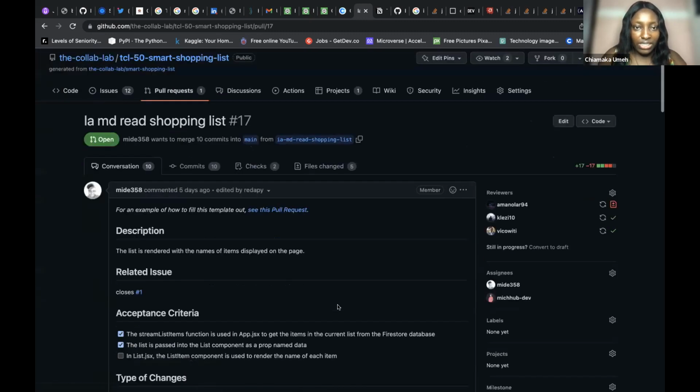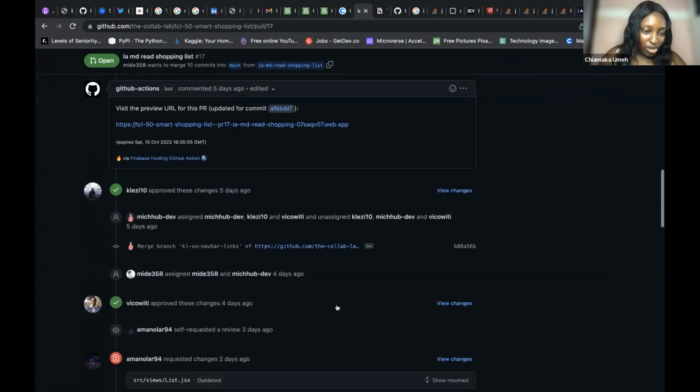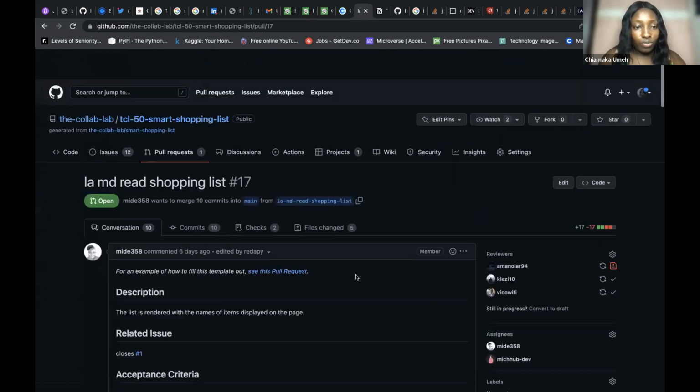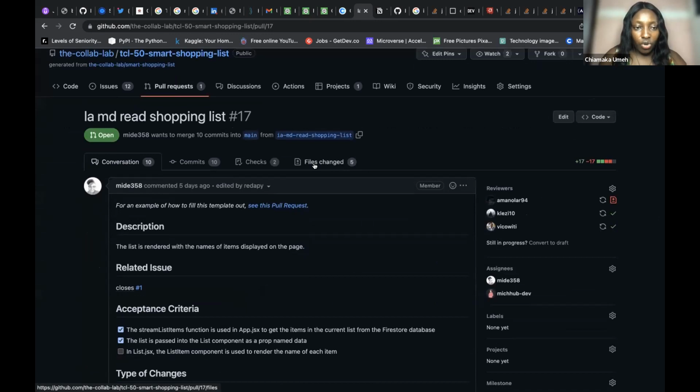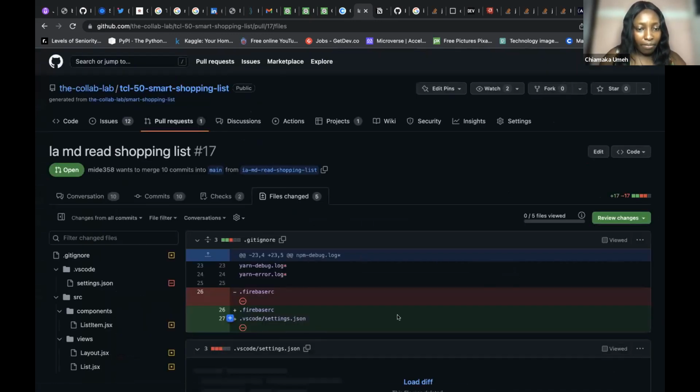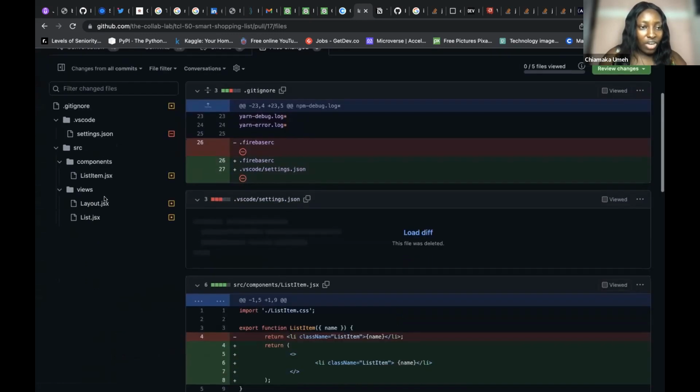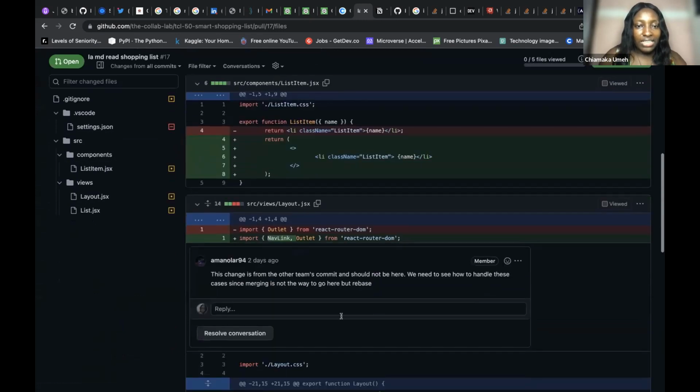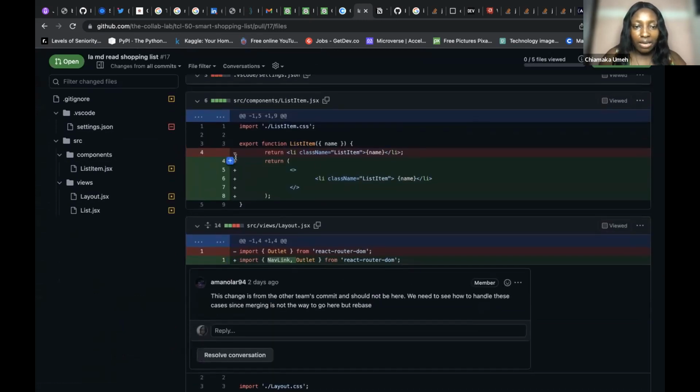Then when you're done testing and you see certain things in the code and you want to make a comment, you come over to the files changed tab. So you get to see the files and then the code. So you can easily, like if you want to make a comment about this return statement of the list item,